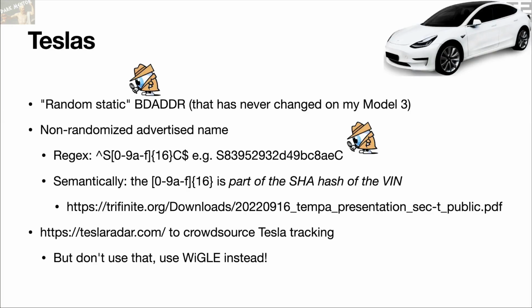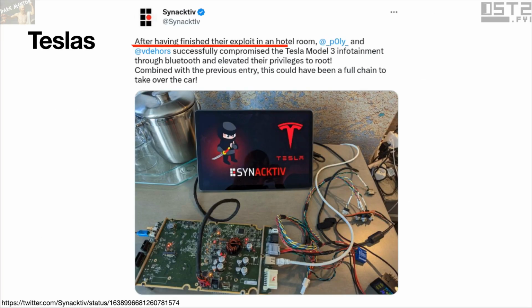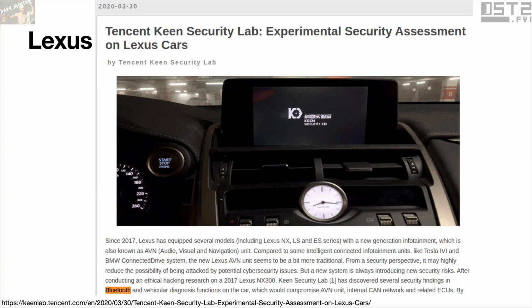Let's transition from location-specific anecdotes to device-specific anecdotes. So I could tell you how Tesla Model 3s and Ys are trackable by their random static BD addrs, their names that never change, but there's a much better presentation by Martin Herfurt, which I recommend you check out instead. Now, it's worth saying that Tesla Model 3 was just hacked via Bluetooth this past Pwn2Own, but it's also worth saying that that is not a novel attack surface, and Keen Lab hacked a 2017 Lexus via Bluetooth